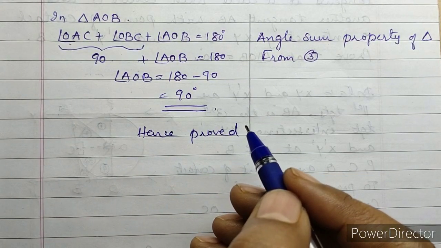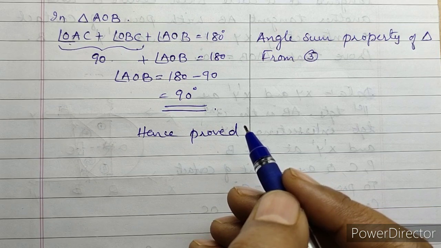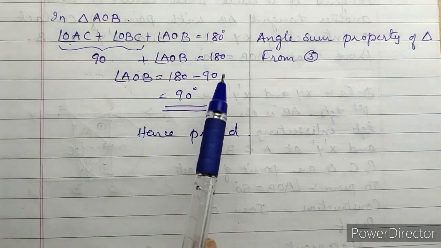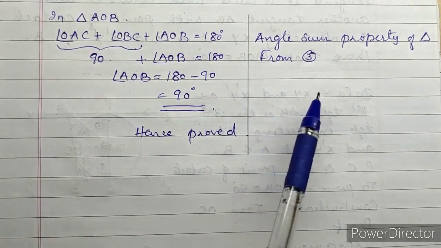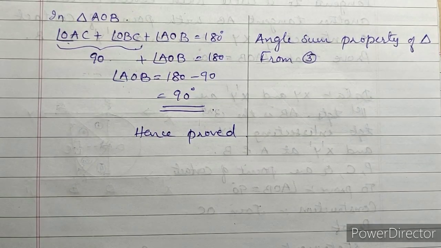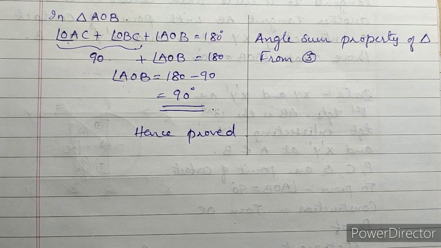So three parts are there. This is an important sum also. First part, you have taken the two triangles and you have proved that both triangles are congruent, so the corresponding angles are equal. Second part, using interior angles, you have proved that the sum of the remaining two angles is 90 degrees. The third part, you have taken the triangle, by angle sum property you have proved that angle AOB is equal to 90 degrees. So you should remember the three parts. So learn properly, children. Very important sum this is.